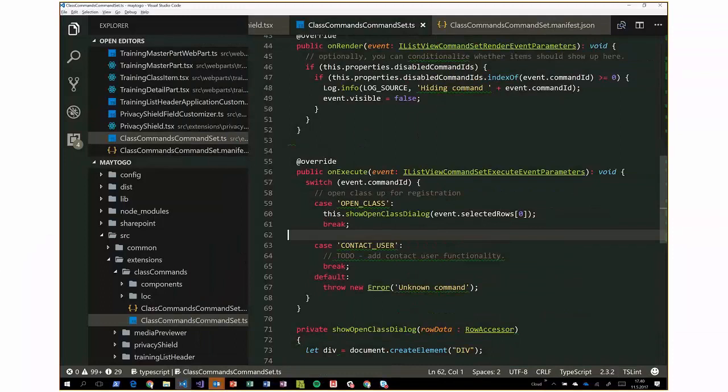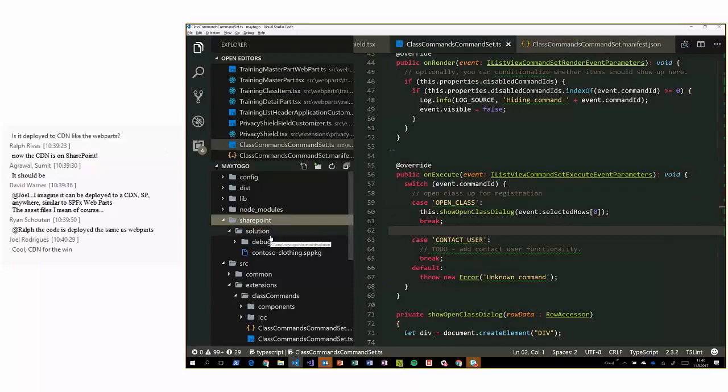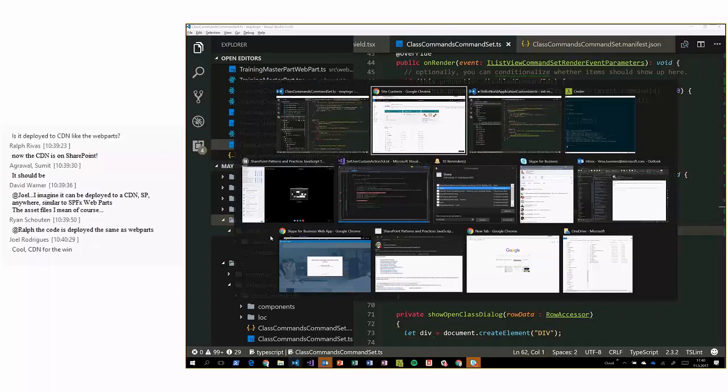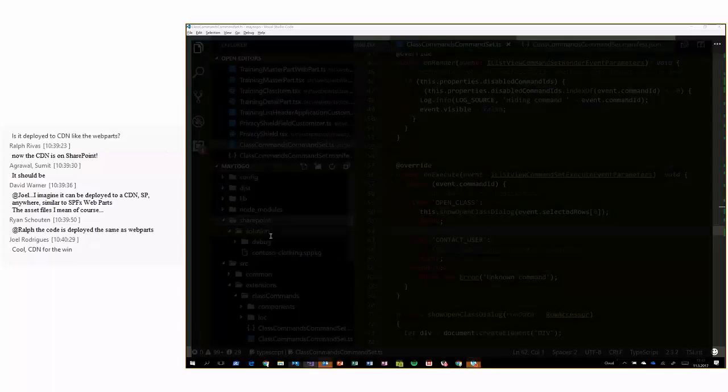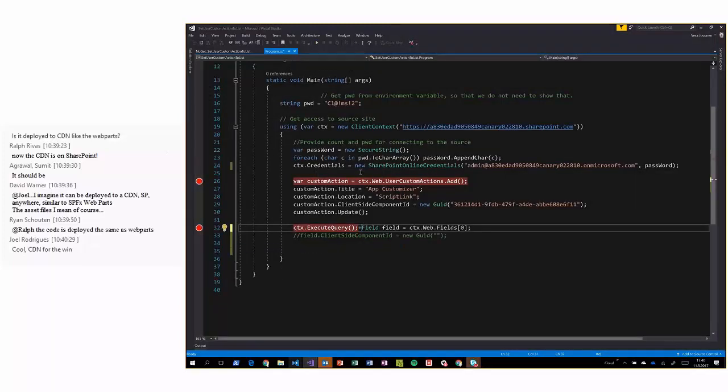You need to explicitly still enable them in fields or in the user custom collections. And like mentioned, you can use, for example, the feature framework to make that happen as part of your SharePoint Framework solution installation. That's one option. The second option, again, depending on how you are creating your site collections, is simply to use code or alternative options as well. So this is a super simplistic, let me slightly zoom this,